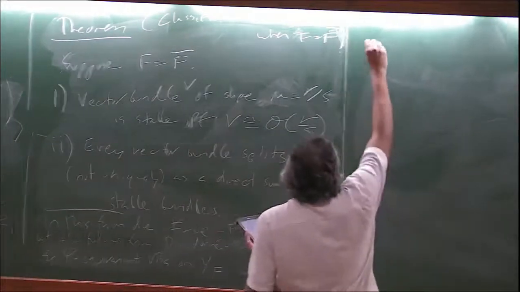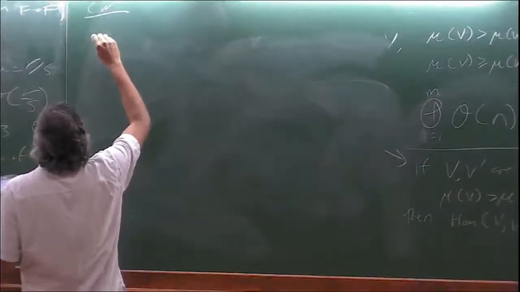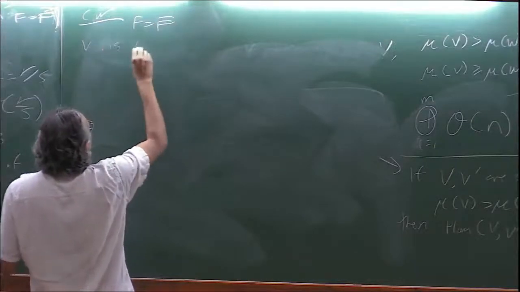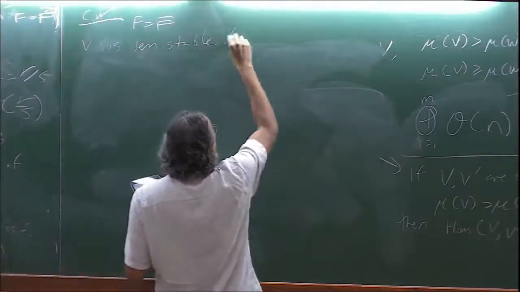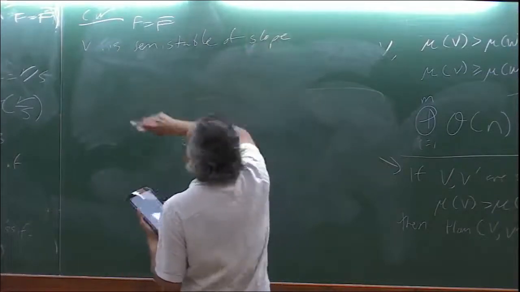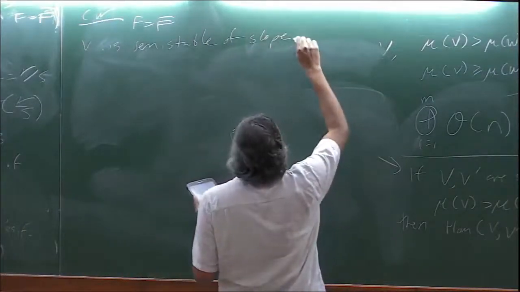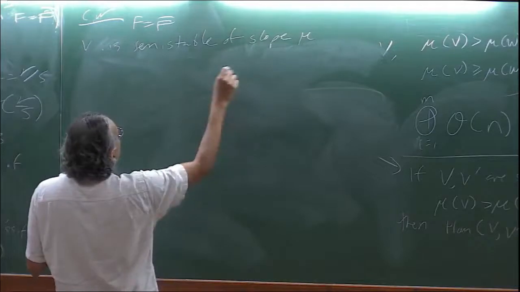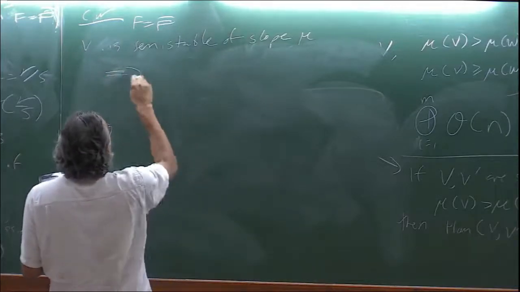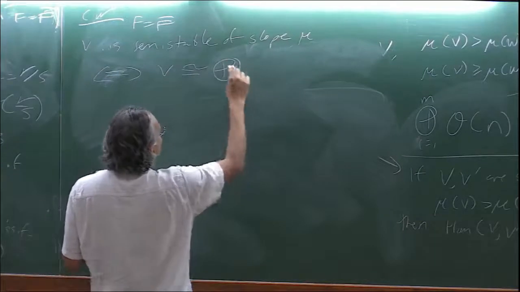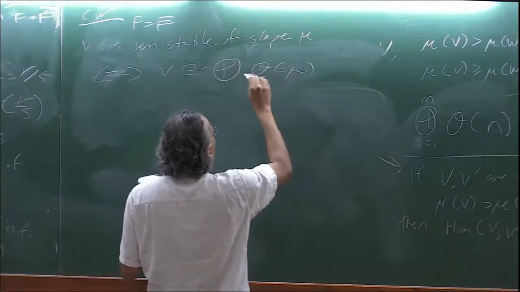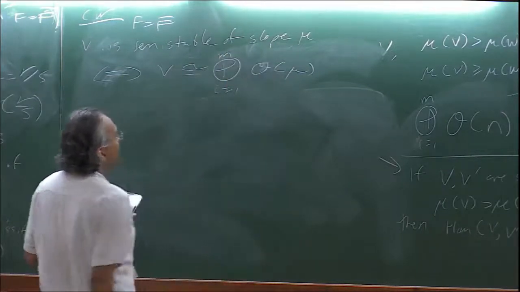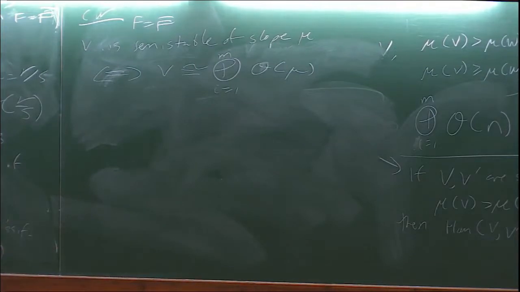Okay, corollary. So F is F bar. I'm not going to say much about the proof of this. I might make one or two comments, but I want to state this corollary first. V is semi-stable of some slope mu if and only if V is isomorphic to some direct sum of copies of O of mu. So we also know what the semi-stable things are,